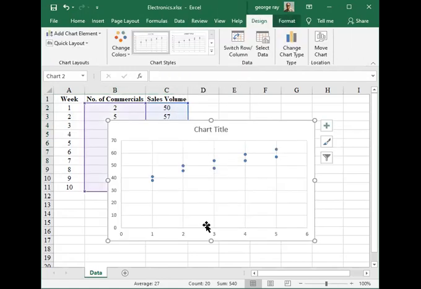And here we can see the data points we have, and the number of commercials is along the x-axis and the sales volume is along the y-axis. And it does appear that as we start adding commercials that the sales volume does go up. Now we can also add